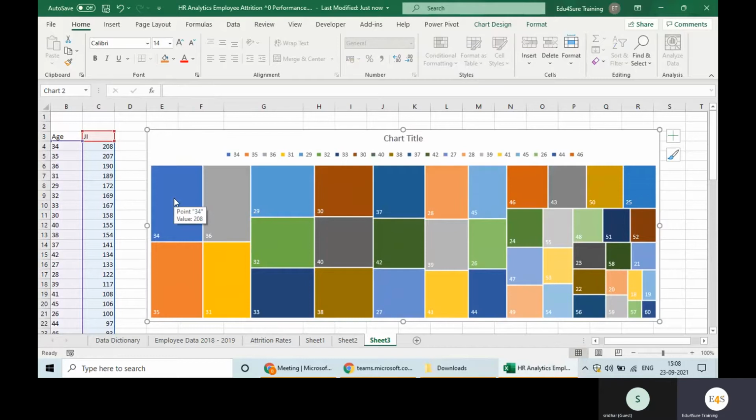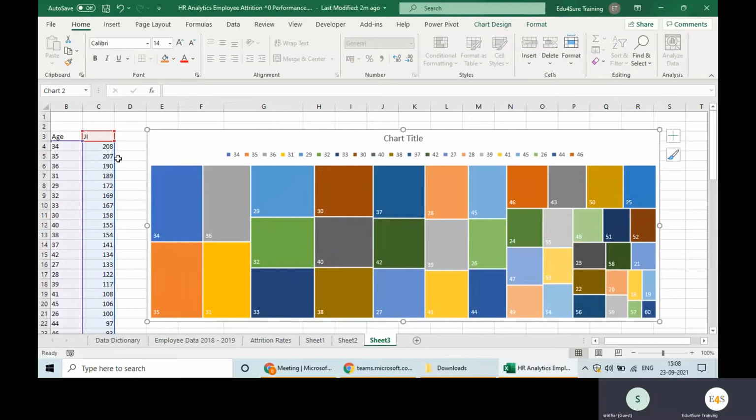Can you see 34 coming here now? So now if we need to decide on the most efficient age group, what all will you consider? If we are looking at these bigger cells, the highest age in these 9 cells is somewhere around 35. If you consider this fourth column as well, then the maximum age is 40. And the lowest age is 29. So somewhere 29 to 38 or 40 is the most efficient age group.